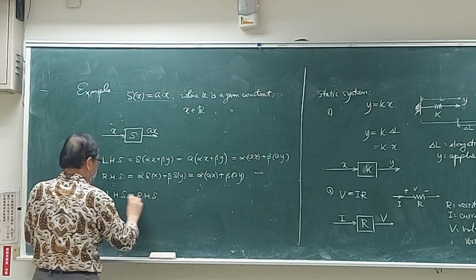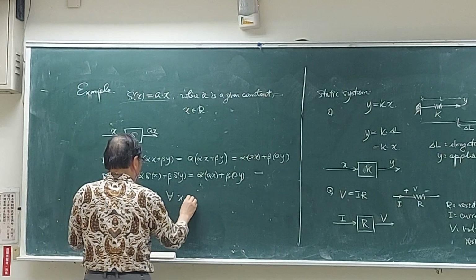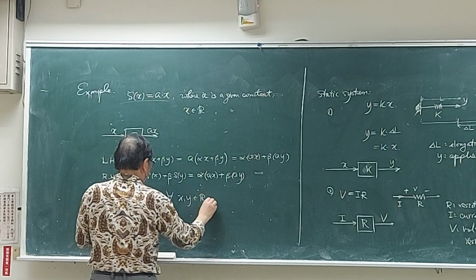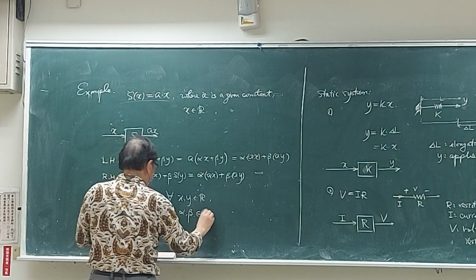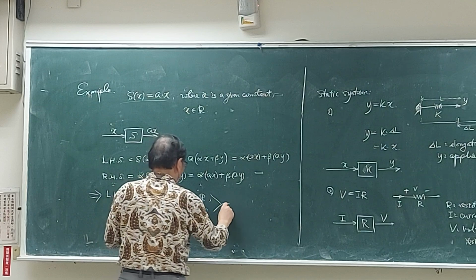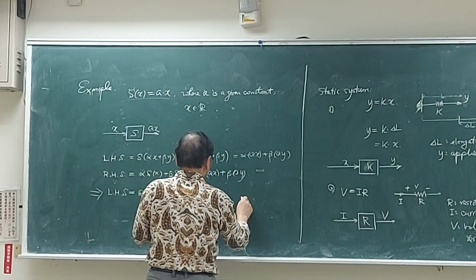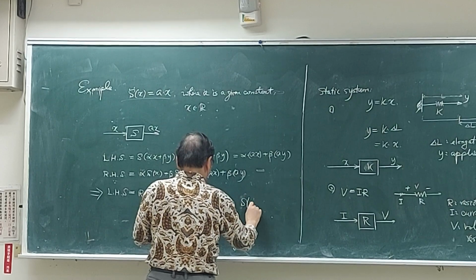So this equality holds for any x, y, okay, and any alpha and beta. This can be even a complex number. So which means f of x, or S of x usually, S of x is the